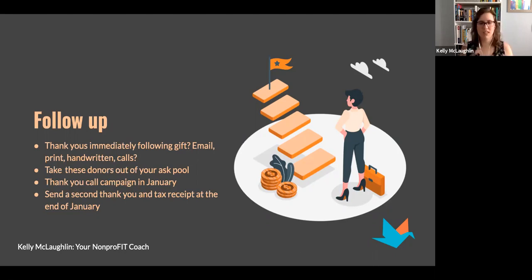But what does that look like for your organization? Who's going to do what related to that? That's especially important this year if you're doing handwritten things or calls to coordinate if you're not working together in an office. And then one thing I do recommend is after donors have given, take them out of the solicitation